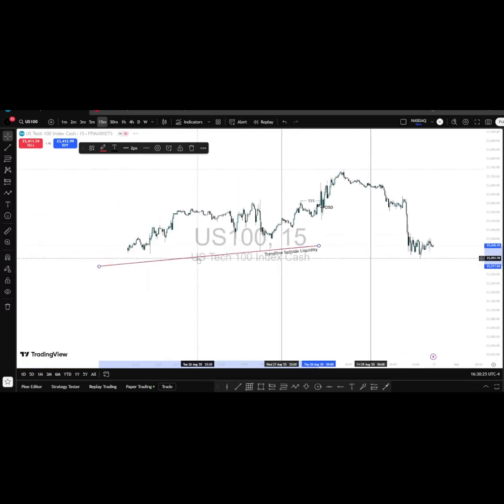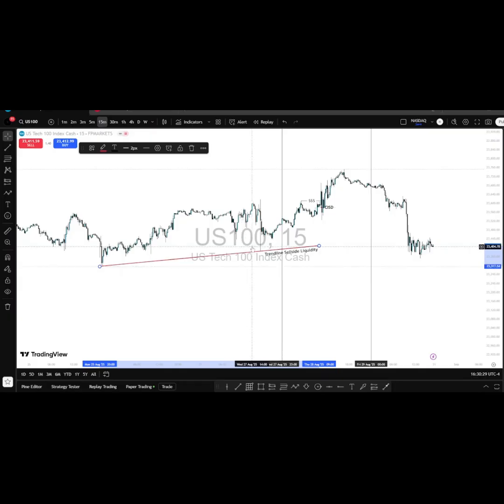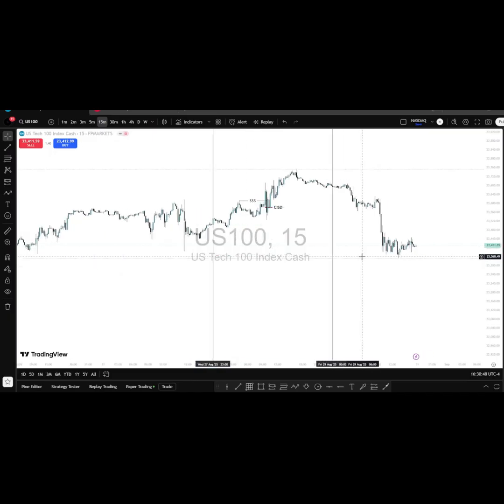which was also more visible on the 15 minute. Okay, it is a trend line sell side liquidity. So instead of using the trend line as a resistance or support point, you use it as a draw on liquidity. Those are where your targets should be, or that is where your stops should be. Okay, so that is what I wanted to see.